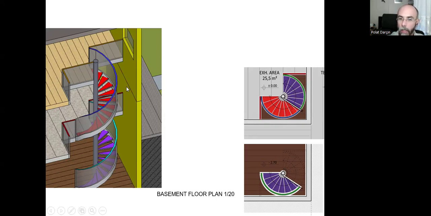Next to this gray 0,0 level, we have red handrails, straight handrails, they are being seen. And in the corners, I see minus 2.70, upper surface of the basement floor. Here, it's been seen. On the basement floor plan, only one stair, so one thick line to indicate the cut surface. On the ground floor plan, red steps are being cut, so one